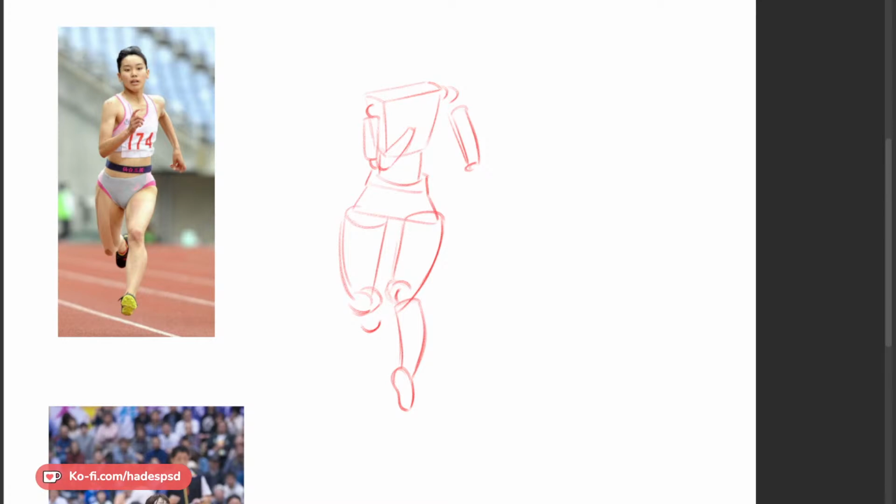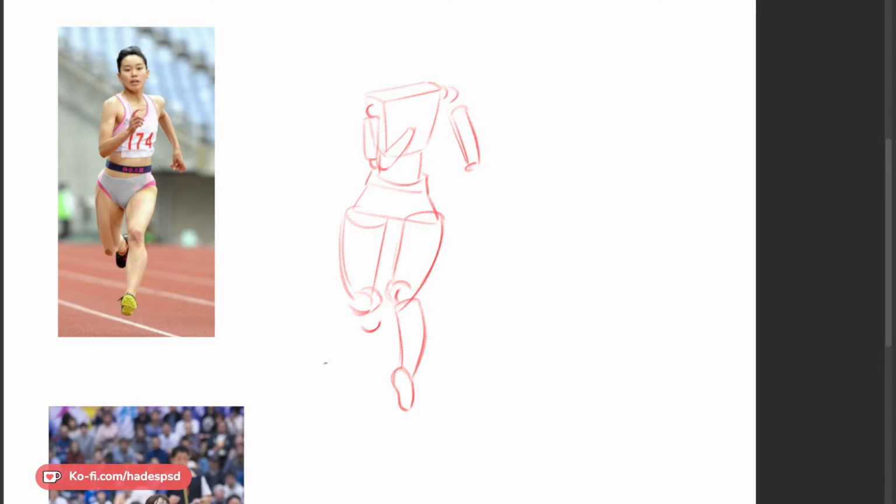Normally, if I'm going to draw a figure, I always go for gesture. So right now I'm using gesture to help inform my decisions. For instance, this leg. A cylinder isn't this curve, right? But I just did it anyway because I think it looks better.